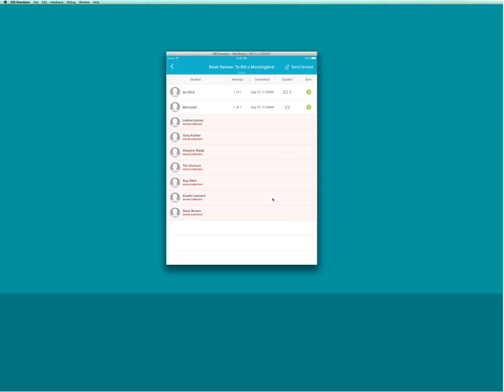He says, since we manually need to click Send Graded, will the app work offline? Let me ask you to break that into two. Can you explain the purpose of Send Graded? There's real thought behind why you choose to either send everything at once or one at a time. And secondly, could you speak to the part of the question regarding whether the app will work offline, Trey? Yeah, and I thought I touched a little bit on Send Graded and the main use case behind that a moment ago,